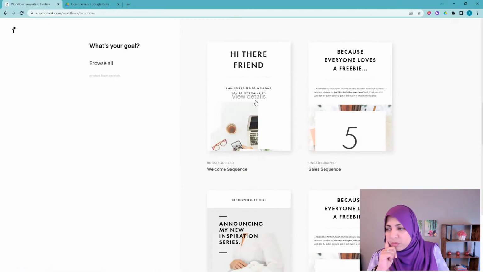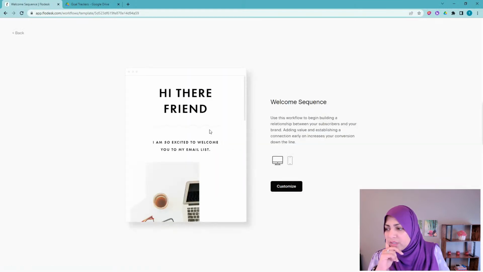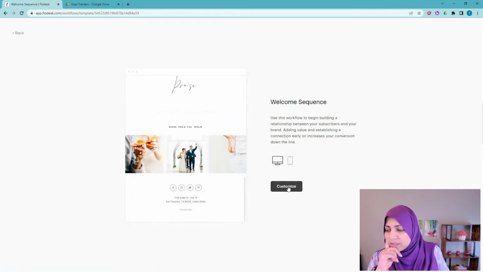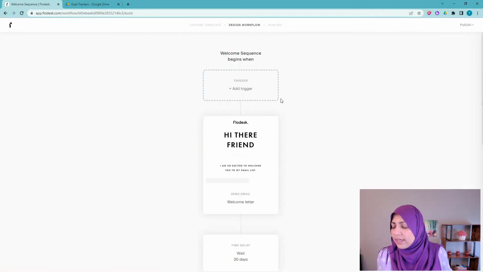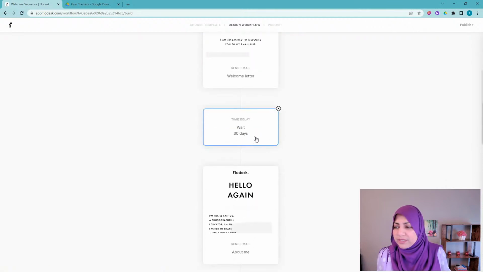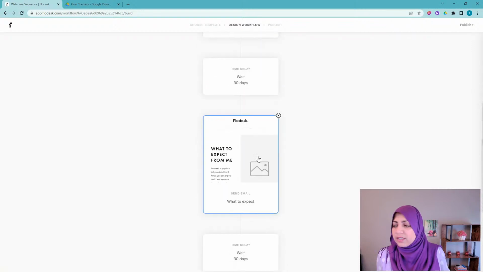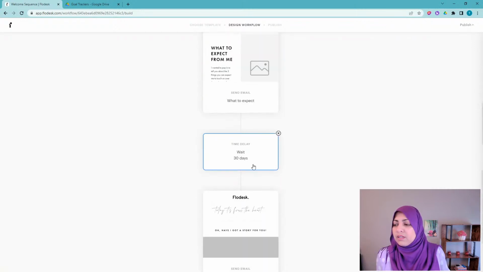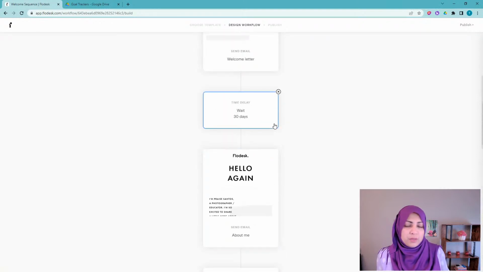So for example, this welcome sequence, if I look at view details here, it's going to do multiple things. Let's customize it so that I can really demonstrate what this is doing. Again, we'll add a trigger here, but it sends out one email, then it waits 30 days, and then it sends out another email. Then it waits another 30 days, and then it sends out another email. So on and so forth. They have it set up for 30 days, but you can do 1 day or 1 week or whatever. And you can basically build a whole sequence